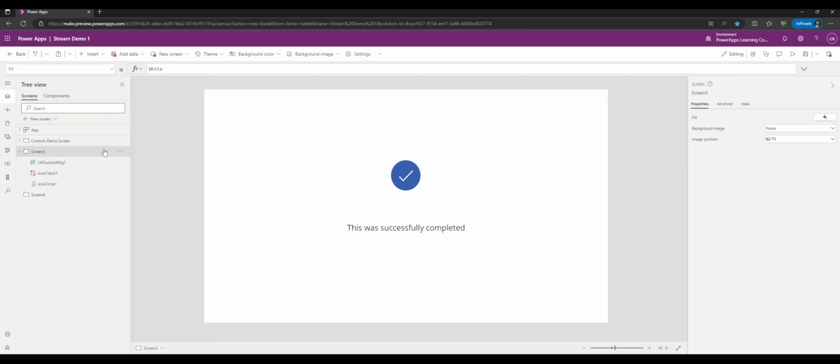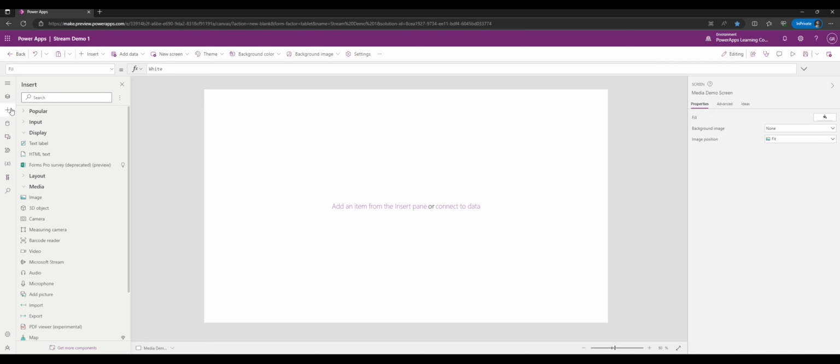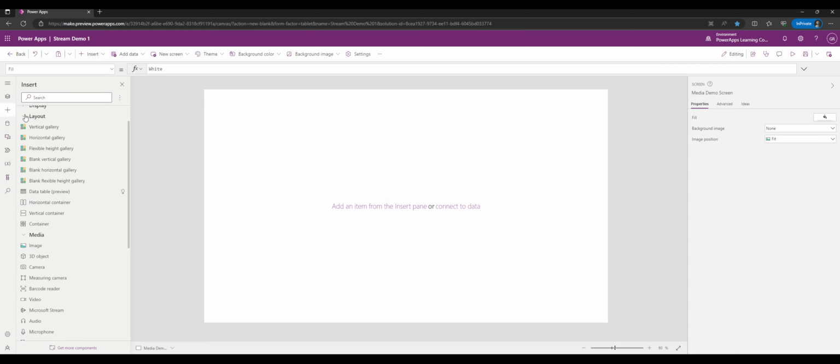We're gonna add a blank screen and I'm gonna delete the screen. And I'm gonna call this media demo screen. And we'll look in the media. I'm gonna skip layouts because I haven't even really talked about data at all yet. Data is the secret sauce that makes PowerApps incredible. But right now we're just looking at controls, which are like,